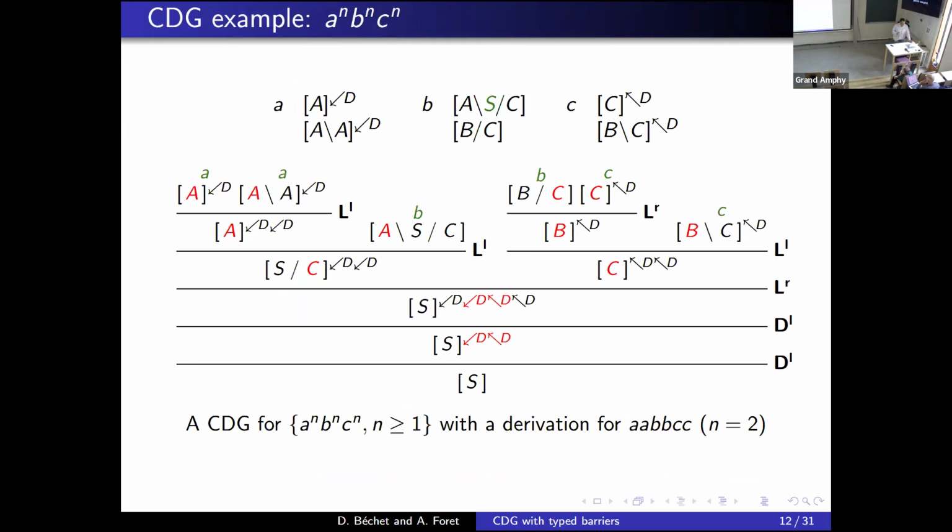Here is a derivation for the example where n is equal to 2 of the language A^n B^n C^n: a list of A, then a list of B, then a list of C, but with all the same number of A, B, and C. The lexicon is there, so we have two types for A, two types for B, and two types for C. We have only one non-projective dependency, A, which is D. The rest is just classical categorial grammar.